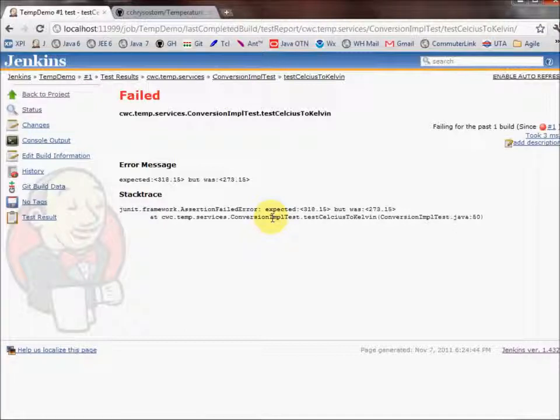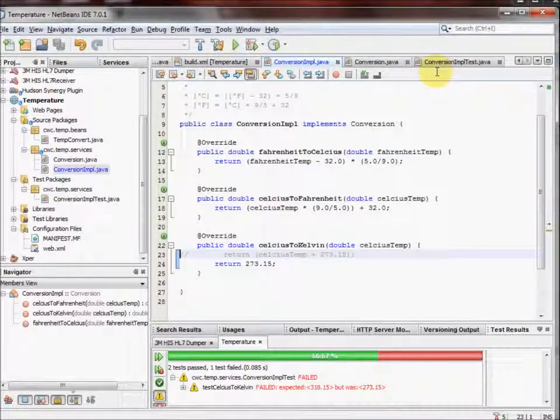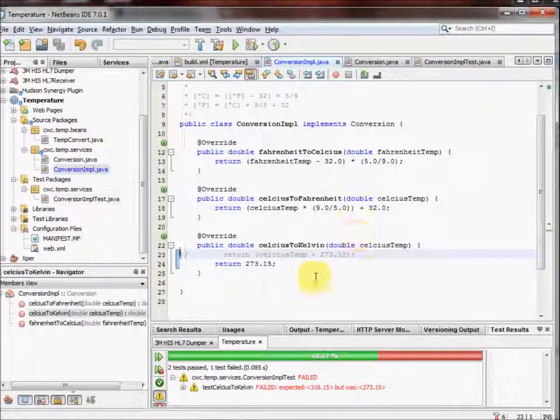So as a developer who wants to keep the build in good shape, I will see the failure and quickly go back to my source code and figure out what happened. The test that failed was this one. My expected result was different than the actual. I know that this code here is going to this conversion impl class. I come over and take a look at it. I see, yes, indeed, I have it returning just some random value,